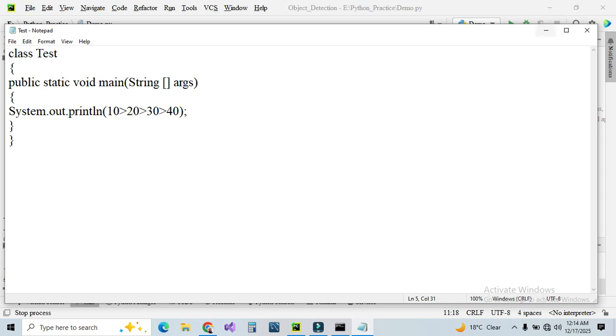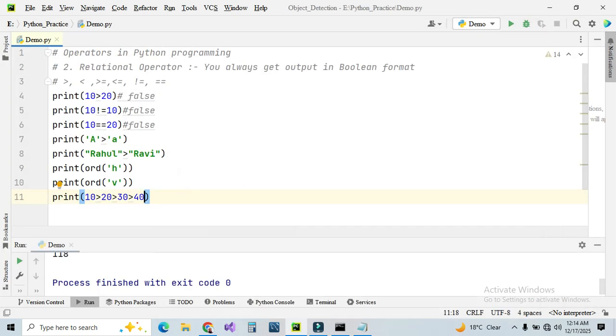But in case of Python, how does it work? First it compared 10 with 20, then 20 with 30, and then 30 with 40. If any of the statements returns false, the final output is false. So first it compared 10 is greater than 20, that is false, and that is the reason the output is false. Again, then if you think, sir, what happens if you write like this,